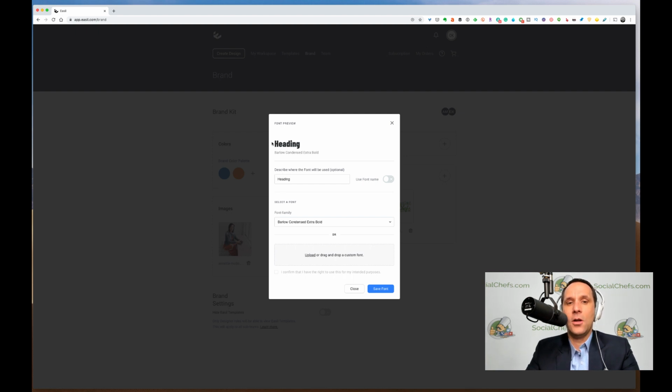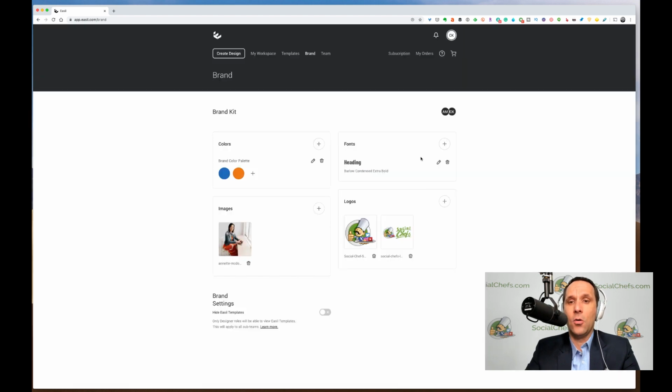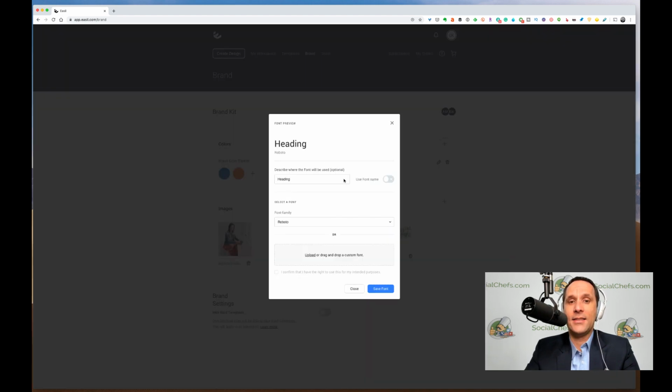You don't have to use this one, but keep in mind, by the way, when you do add your font, you also get to see what it's going to look like here at the top. Okay, so we're going to add that one. Now, we're going to be making some lower thirds today, so I'm going to add some additional ones, and we're going to rename this one called Lower Third, and we're going to use the same style font,